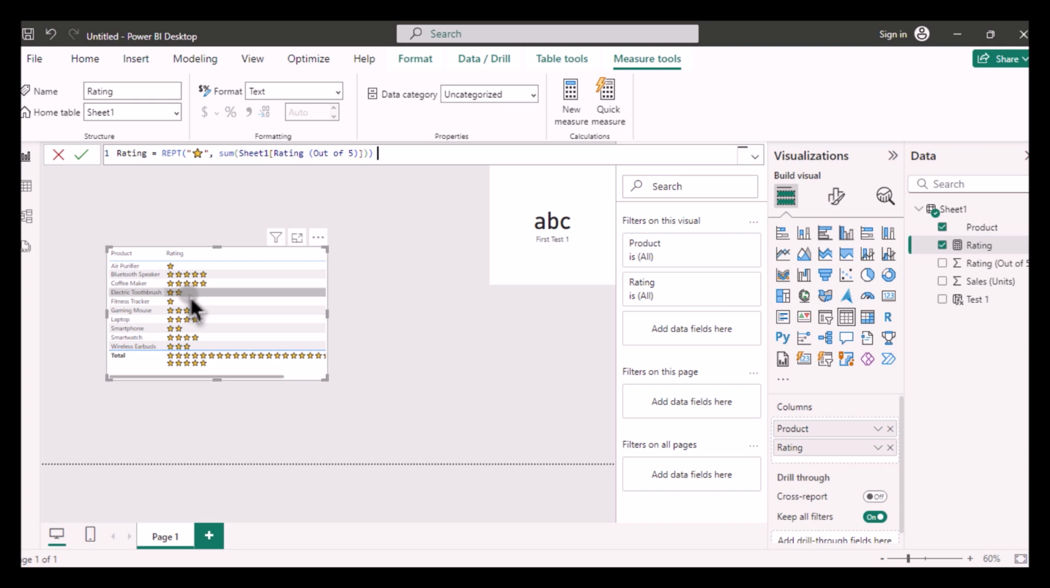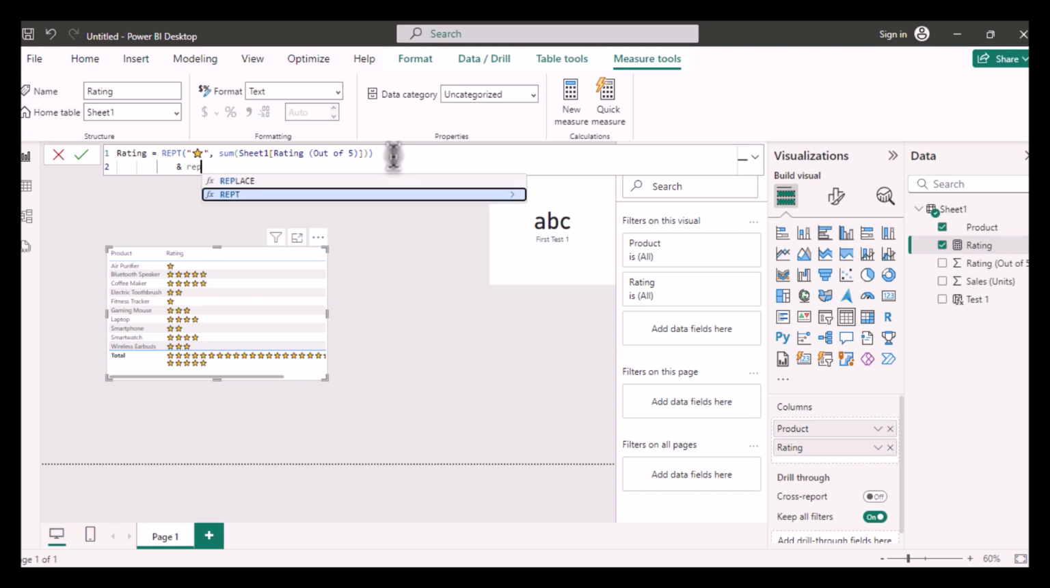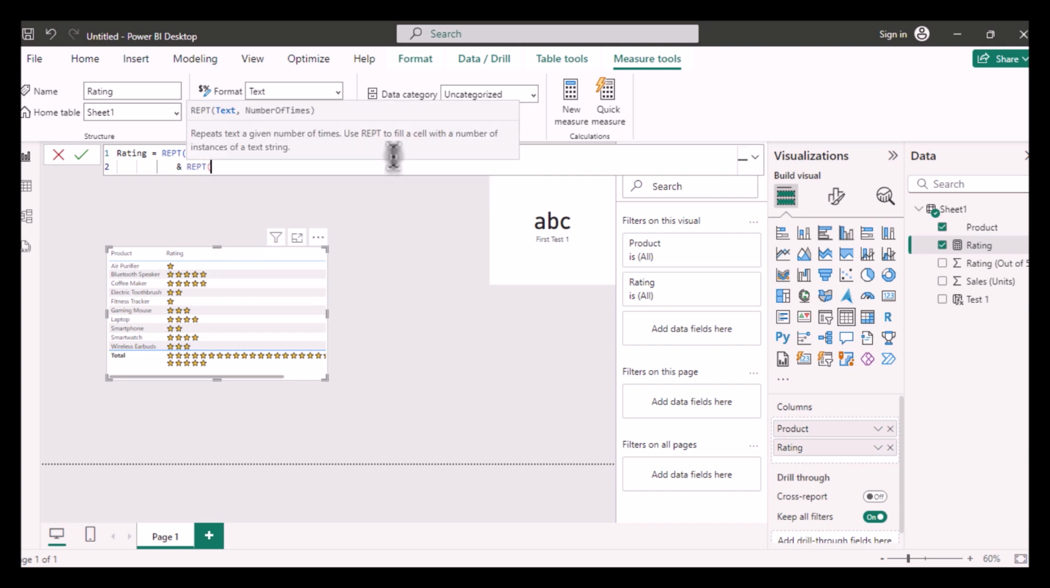So now let's see how we can do it. I'm just simply going to go back to the measure that we created. And I'm going to write and REPT function again. Then I'm going to put the thumbs down emoji. After that 5 minus